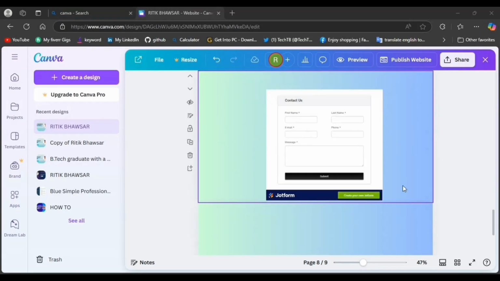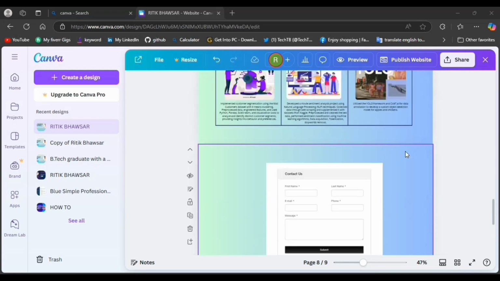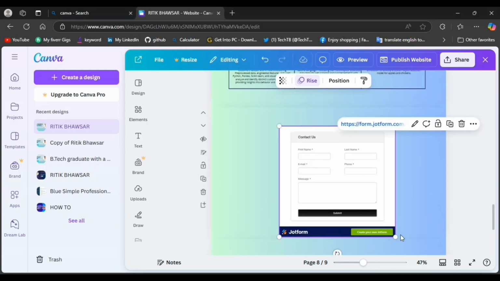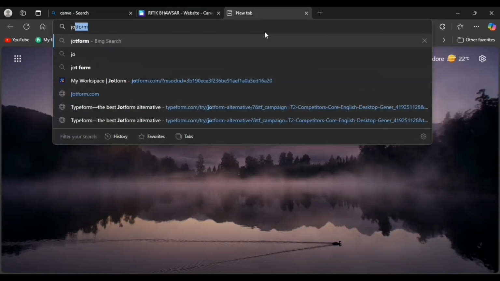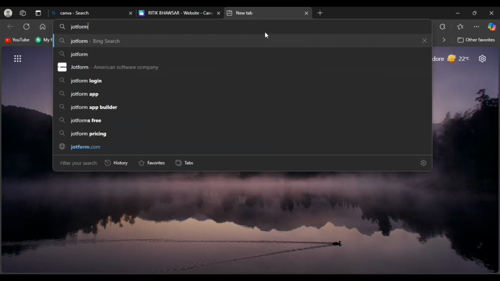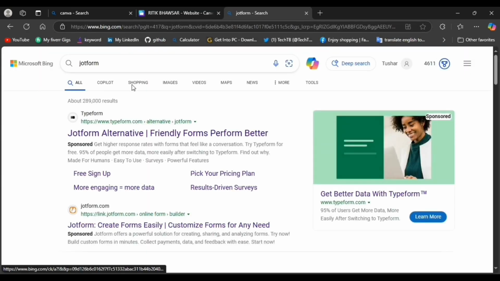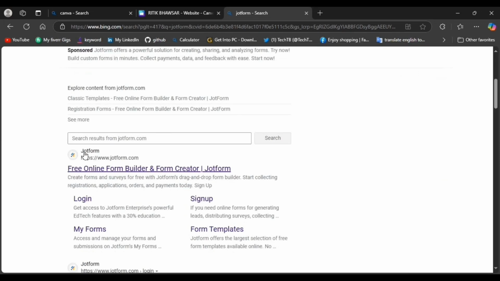Now let's add this contact form, so anyone can contact. Let's add this contact form. Search for JotForm, and this is the website where we can get the contact forms. This is the website. Let's click on it,